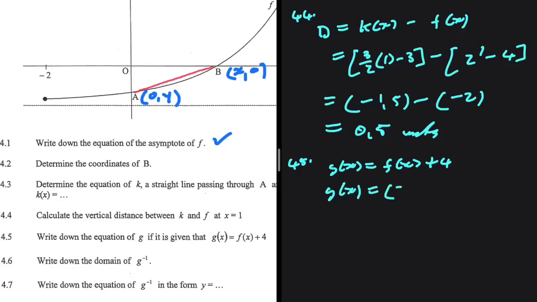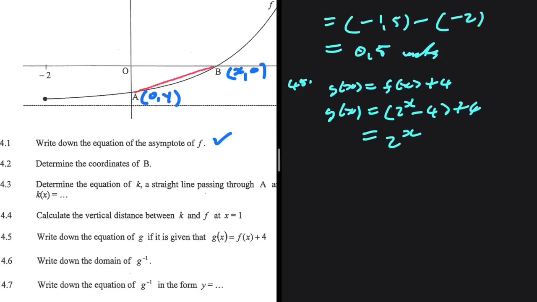This is 2 to the power x minus 4 plus 4. Minus 4 plus 4, so g of x is just equal to 2 to the power x. Right, and 4.6, let's write down the domain of g inverse. So the range of g of x is equal to the domain of g inverse of x. So what is the range of g of x if g of x is equal to 2 to the power